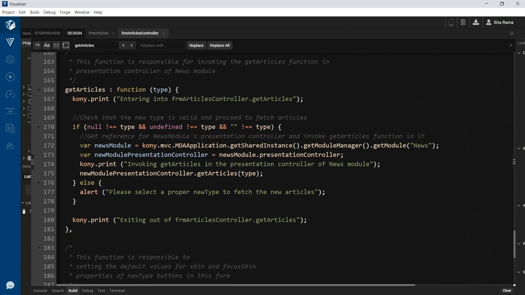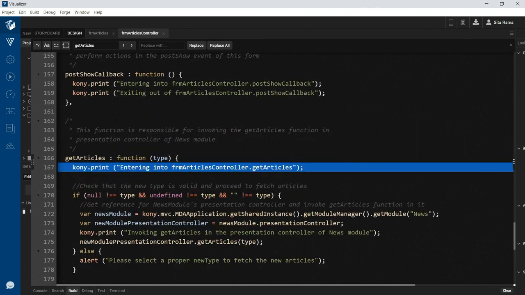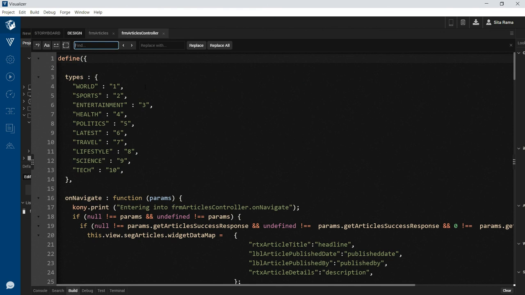Creating proper documentation and creating proper logging helps you during the maintenance of this project if someone else is reading through the code. As the saying goes, quality is not an afterthought. Quality has to be built at each step of implementation. So this is the implementation that we have done as part of this form controller. In another episode, we will look at the implementation that we have done as part of the presentation controller and the business controller associated with this project. Thank you.